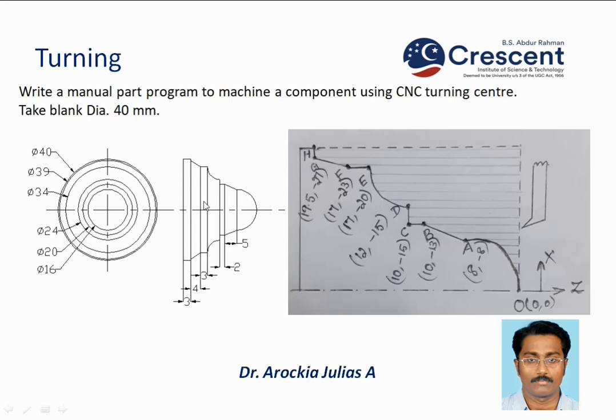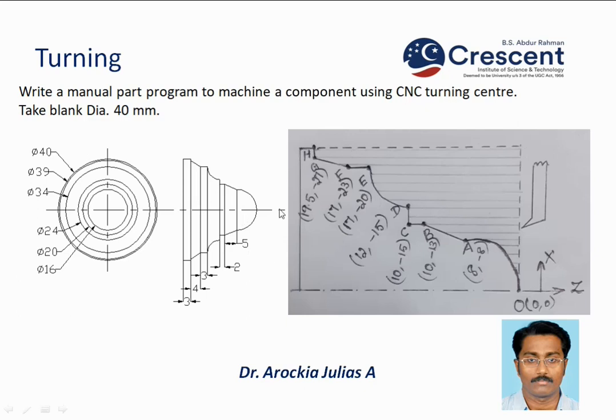On the right side, the front view, you could see different profiles. This is an interesting one which gives you various profiles. Most of the profiles would have been included here: circular, clockwise, anti-clockwise, taper, step, everything is here. First let us understand the diagram, because in programming, understanding the diagram is very important. The profile has been drawn in detail on the right side.